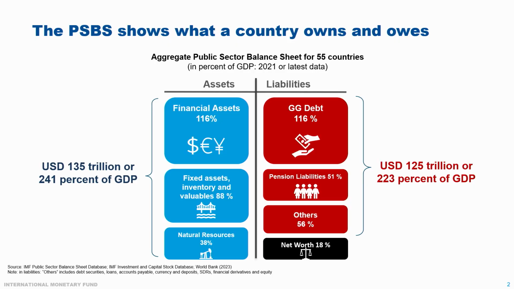Perfect. So here's a snapshot of what government balance sheets actually look like across the world. Now, this is from 2021. One thing that's tough about this is it's really hard to collect the data. It comes with a big lag, and it's a huge effort. But you can see they're pretty big, 200% of GDP on average.